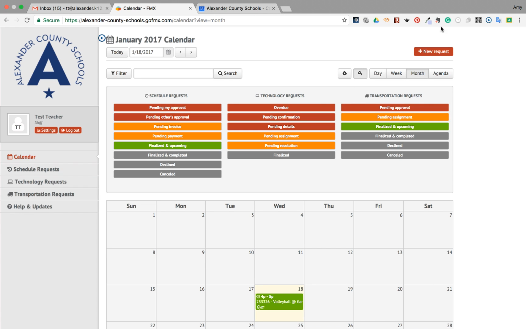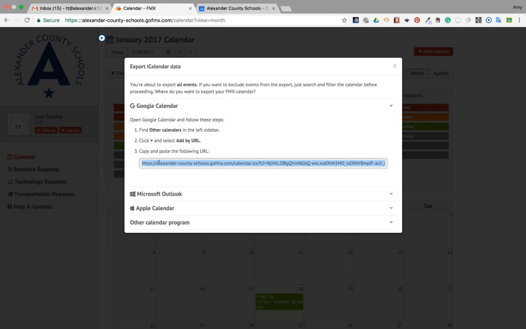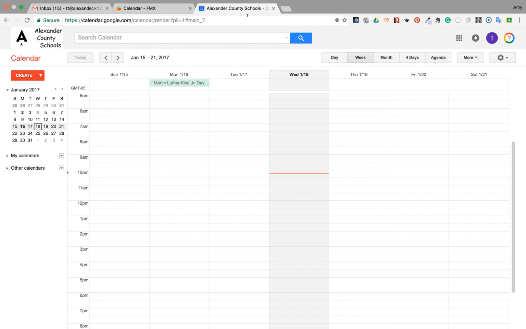And the last little thing that you may want to know about is this, and this is an option to either embed as an iframe into a website or to export iCalendar data into your Google Calendar. To do that, we would just click, if you chose Google, take this URL, go to your Alexander County Schools